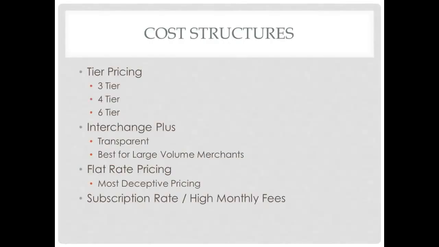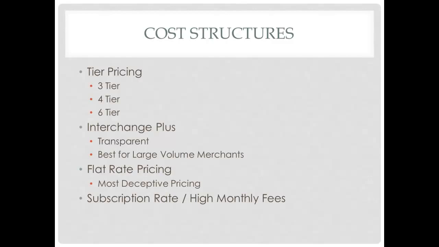Okay, now let me go over the four kinds of cost structures very quickly. We talked about this already, and again, I'm going to show you actual statements for these different cost structures. Matt Price and I are going to go through them. Number one is tier pricing. There are three different kinds of tier pricing: 3-tier, 4-tier, and 6-tier pricing. Let me explain these three very briefly, and then we'll get into some statements where we can actually show this